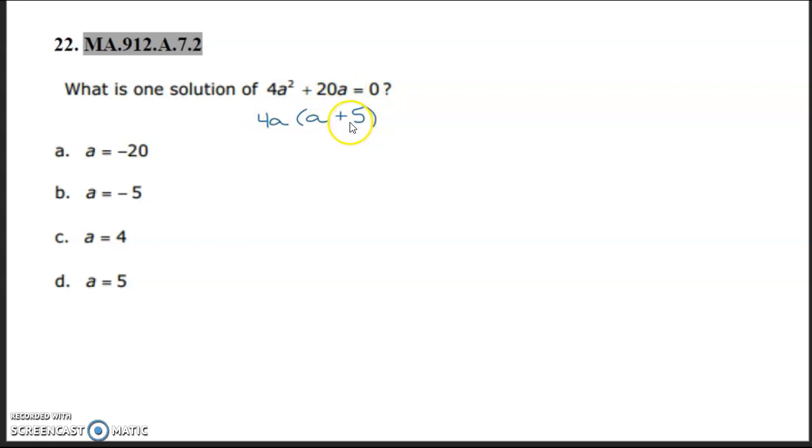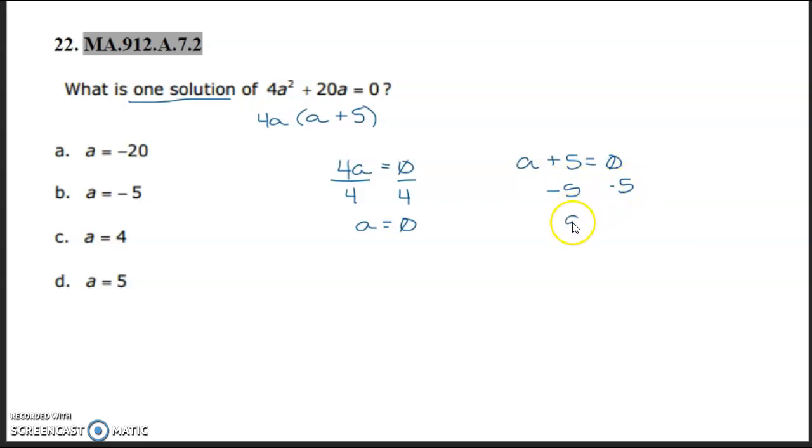So now we have two factors, but it doesn't want a factor, it wants a solution. So we need to set both of these equal to 0. So we have 4a equals 0. We can divide both by 4, and a equals 0. None of the answers include that, so it's not that one. So let's try a plus 5. A plus 5 equals 0. I'll subtract 5 from both sides, and a equals negative 5. So your answer for number 22 would be